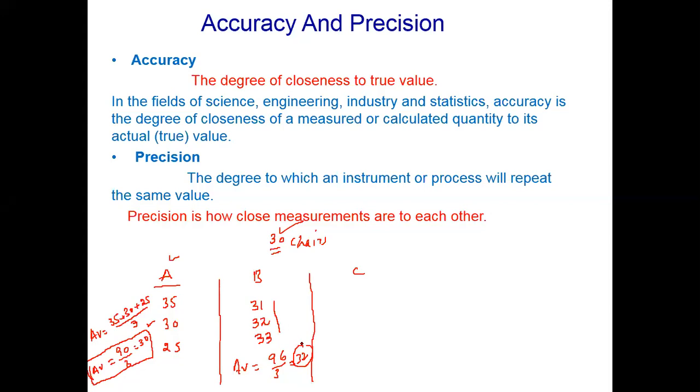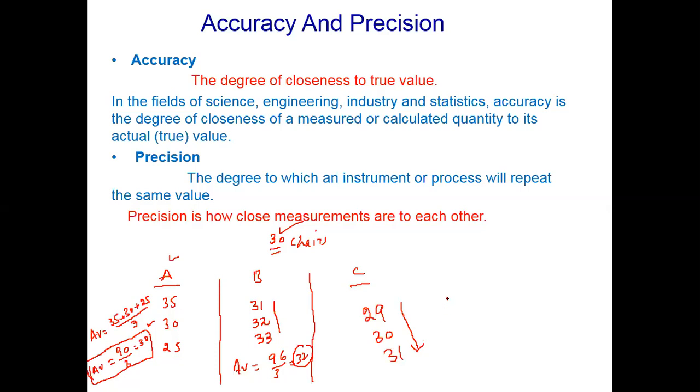Okay, now see C. He starts counting chairs, and he says that there are, let's suppose, 29 chairs. The second time he counts 30 chairs, and the third time he says that there are 31 chairs. So now, what about the working of C? From the observations 29, 30, and 31, the difference is only 1. So we can say that the working of C is precise because the data are close to each other.